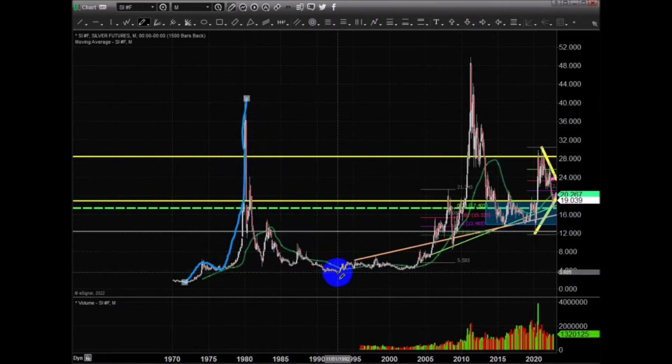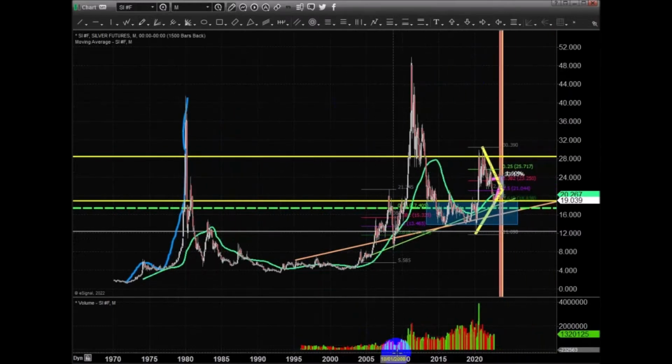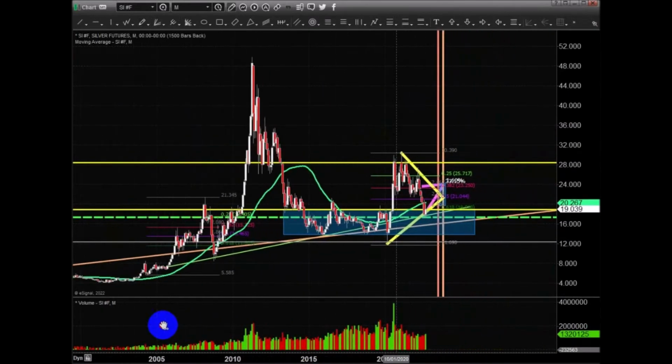Kind of convoluted, but I would count that as A, B, C, and then a corrective wave back down to here. And then we get what looks like an A, B, C move up to here, which is 2011, and where we're at right now, when we take a look at this move downward,